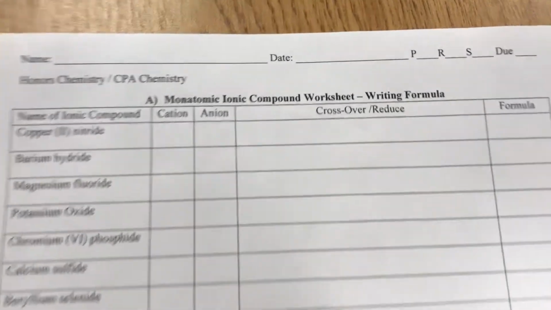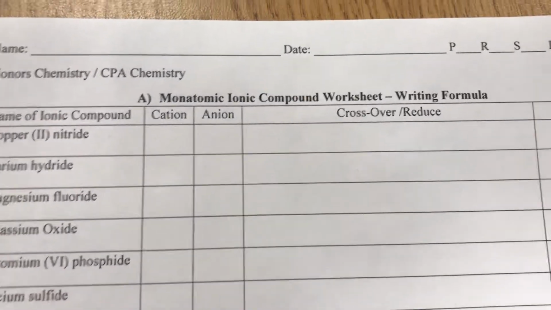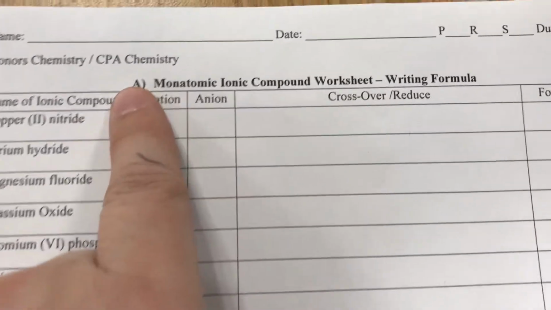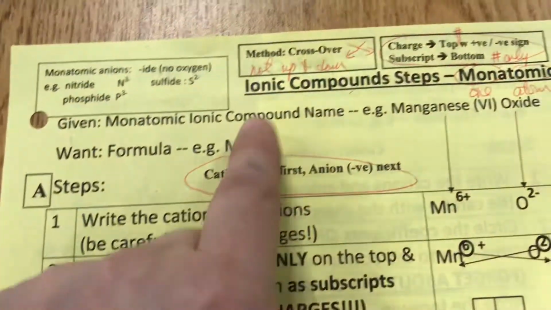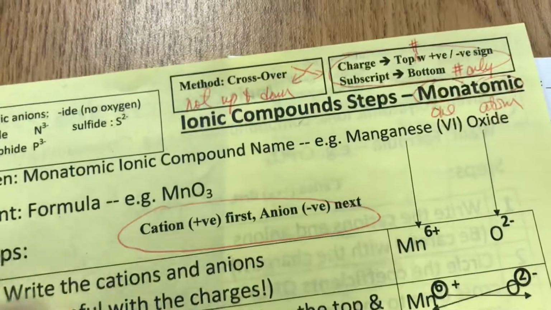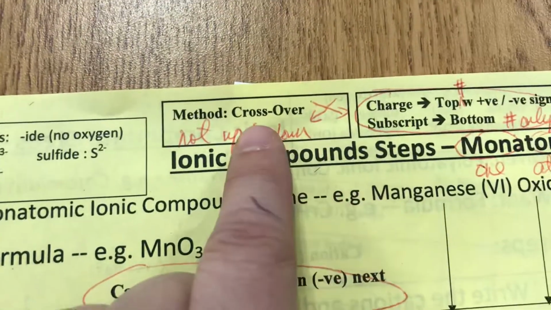In this video, I'm going to talk about the monoatomic ionic compound worksheet A, which is writing the formula. And this video also includes the yellow sheet, ionic compound step monoatomic A. Okay. Now, first of all, the method